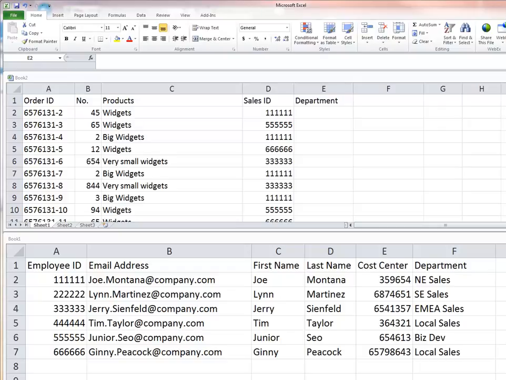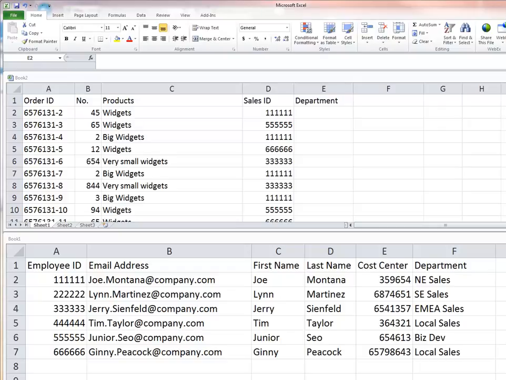A lot of times we find customers have an Active Directory file that they upload, and that Active Directory file doesn't include cost center, department, or location. That actually comes from some other HR system. So they export that into Excel and need to populate it via the user import template to supplement their data